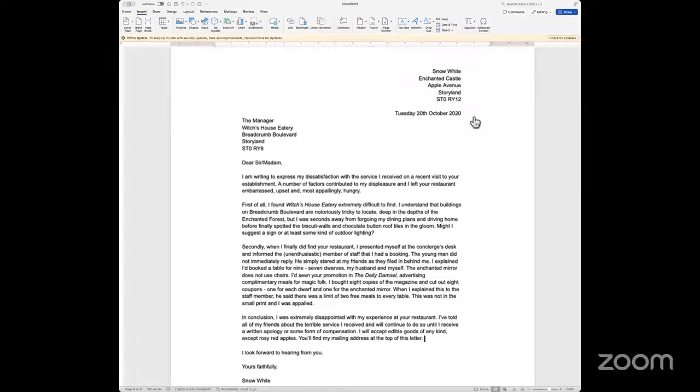Okay, I have my address on the right. Obviously, the reason why we put it on the right is to differentiate it. If you see a physical letter that you put in the post box, you write the name to which it is being addressed on the outside of the envelope. On the inside, you would normally start on the right hand side with your address, because you want the person to know the date and the address. You want the person to know that this is the person who's writing to me, and that is why you have it on the right side. But it is somewhere in the background that the person knows this is the person who's actually writing the letter.